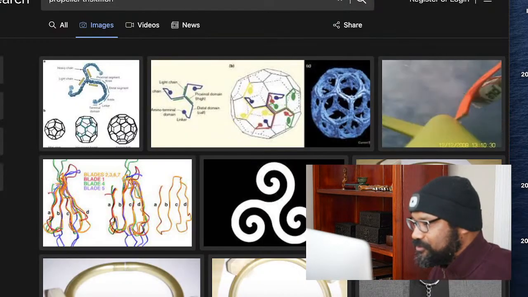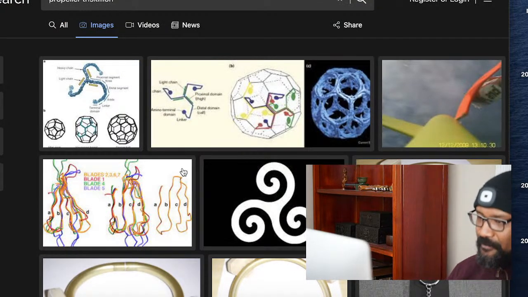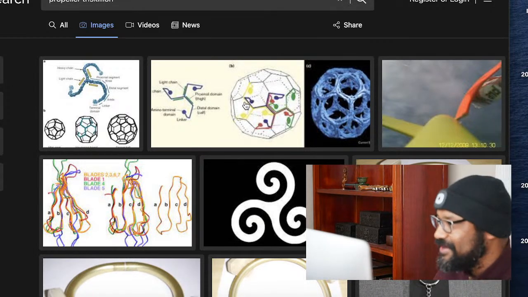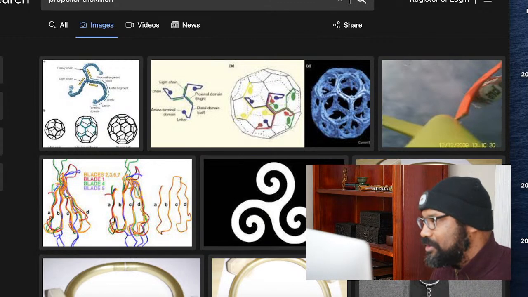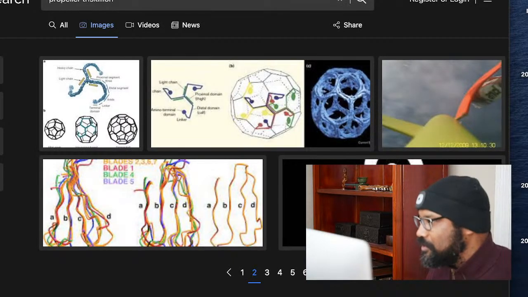Let me see. Propeller Triskelion. Look at this. This is the science of where it comes from. You see the Ripple logo right here? Sitting right next to some high science. I'm going to open this up so we can read about the science of it all. Like I said, forgive my little clicks and everything. I'm not the best with going around and figuring it out from that perspective, but we will knock a hole in it. I'm going to open this up first.